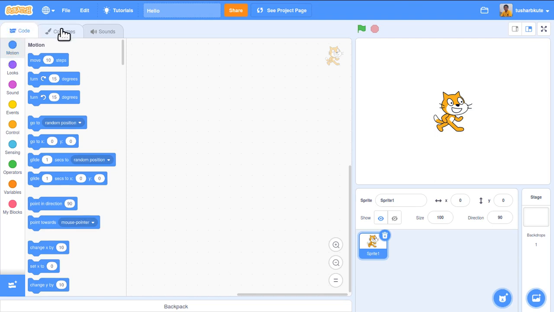Next to that, we have one more tab called as costumes. Costumes means the design of the controller, design of the main controller of the program can be done by costumes. In again upcoming session, we'll talk about the costume tabs. And sound, if I want to add some sound to my program, so I can edit or I can add these sounds with the help of this option present over here, that is sounds.